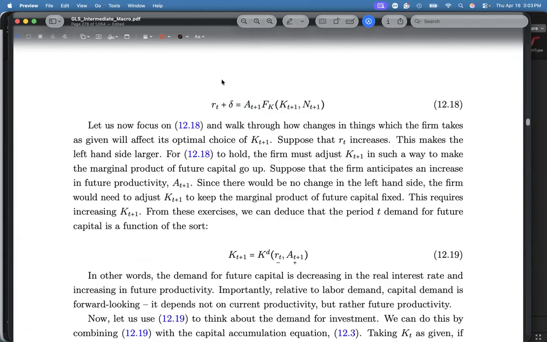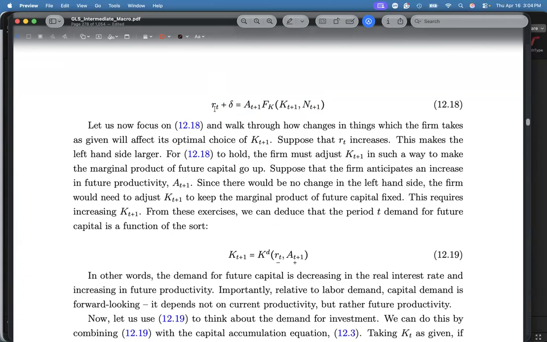Okay. Suppose that R goes up. What has to happen on the right-hand side? This one will go up. R goes up because exogenous, again, from the perspective of the firm, R is some number that's exogenous, perfect competition. Delta is also some exogenous number. A is exogenous. N is not exogenous in time t plus 1, but from the perspective of the decision of hiring one more worker, you're gonna consider this as given to you. Like, let's say it's NT plus 1.